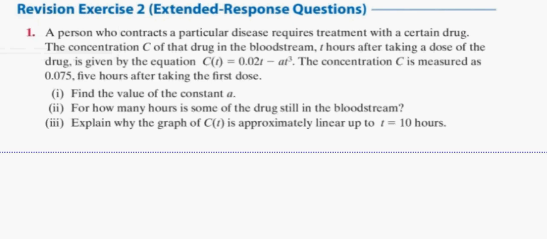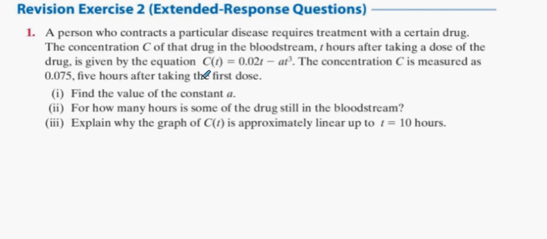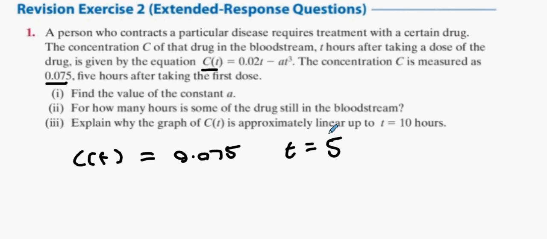Now, a person who contracts a particular disease requires treatment with a certain drug. The concentration C of that drug in the bloodstream, T hours after taking the dose, is given by this equation. The concentration C is measured as 0.075, 5 hours after taking the first dose. This means C(T) equals 0.075, and it means T also equals 5. Is that alright? So replace 0.075 for C(T), and then do